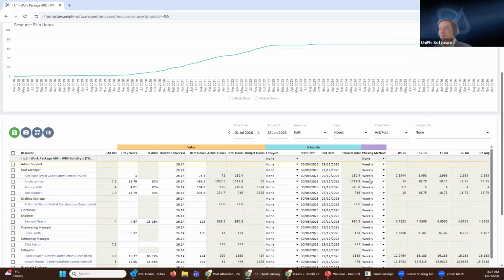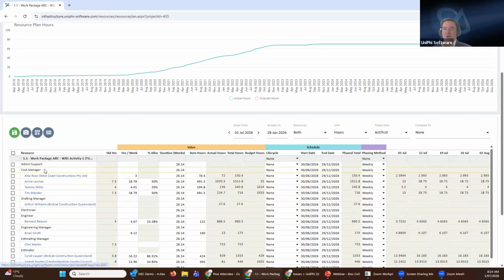Now, we have all of this happening automatically, being phased out. If you synchronize these dates that we've got for this phasing from your life cycle phases, then when you change the life cycle dates, which again could come from an external schedule, it'll cascade into all these different activities, not just this one, and push out and rephase the hours. Now, what this screen is also doing for you is helping you estimate what is remaining.